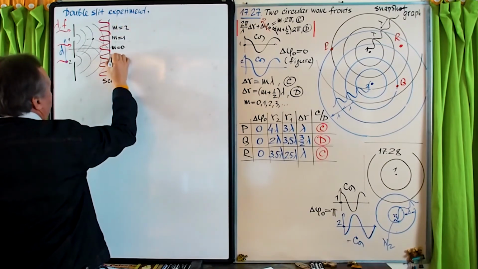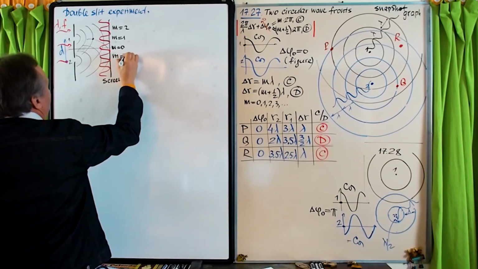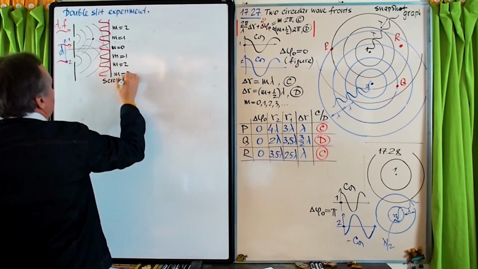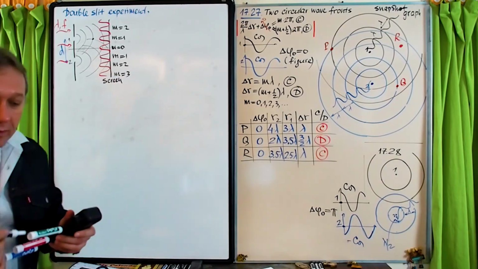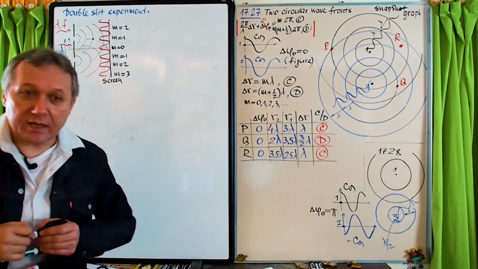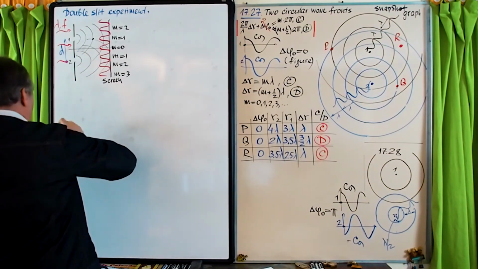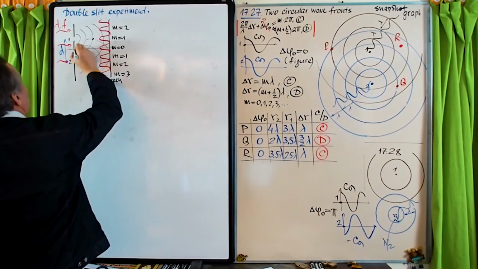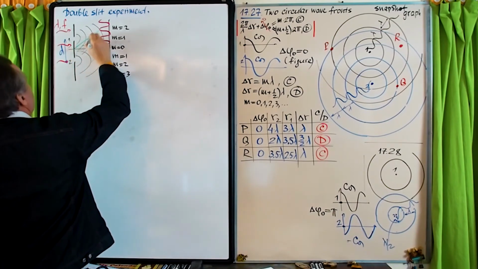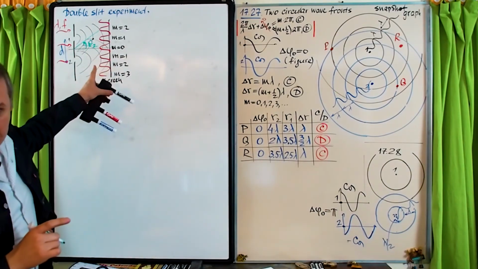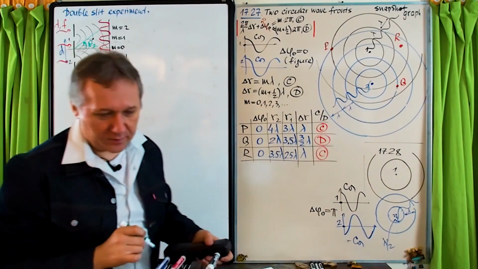On this side of the screen, the same story: m equals 1, then m equals 2, m equals 3, and so on. So the position of those bright spots can be defined either using, maybe I should use a different color, this angle theta,